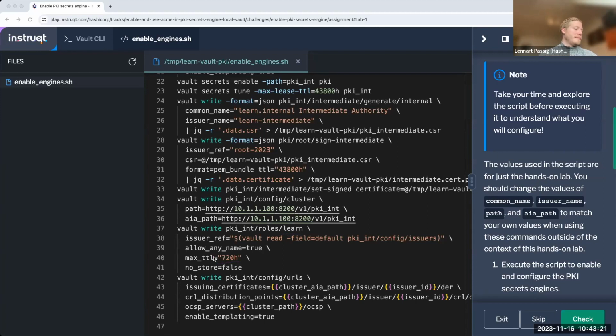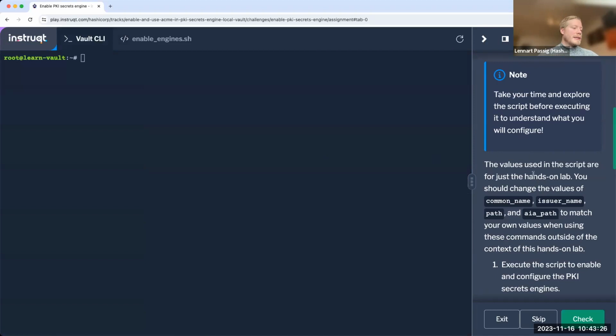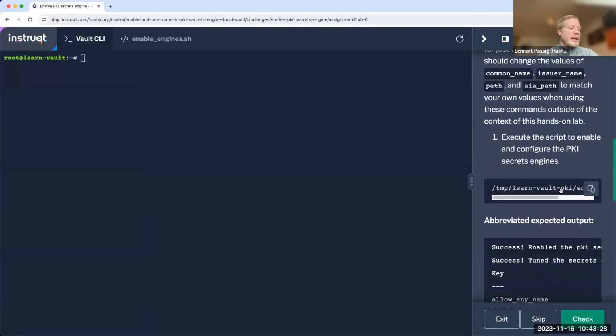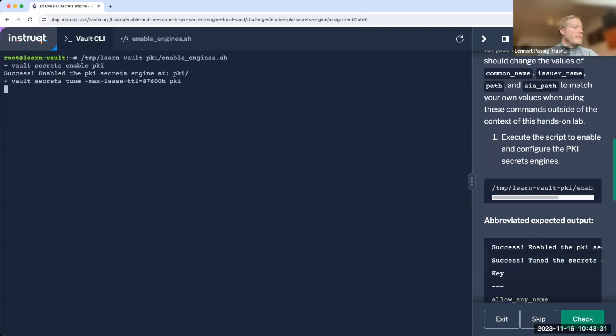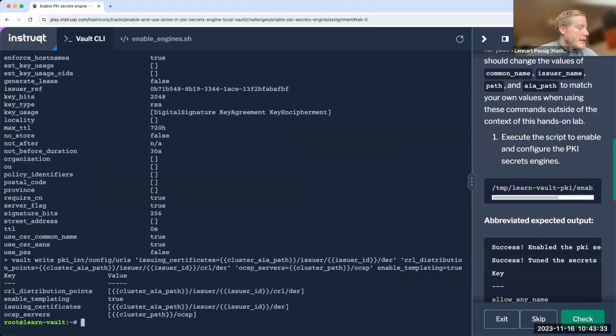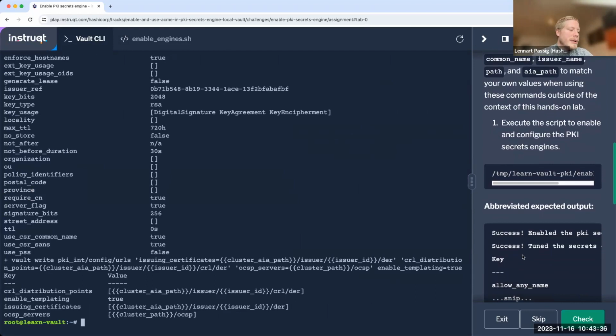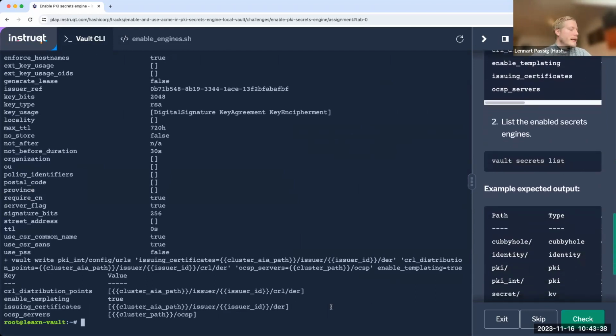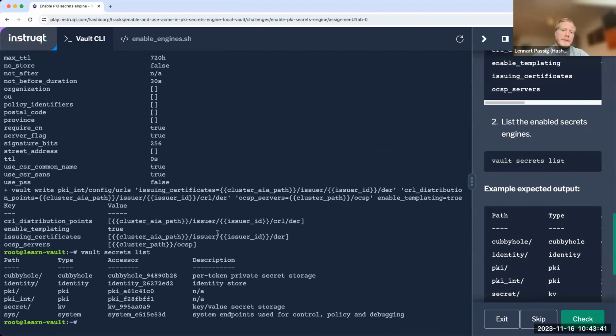in here. All right. So now let's go ahead and execute this script, as it gives us the basic configuration piece. Quite a lot will be enabled, as you can see from here, quite a bit that we have seen. And now we can list all our secrets. One of the secret engines that we should have now is the Vault PKI right here, and the PKI int underneath it, that shows us we have now configured PKI 1 and PKI 2, so to say.